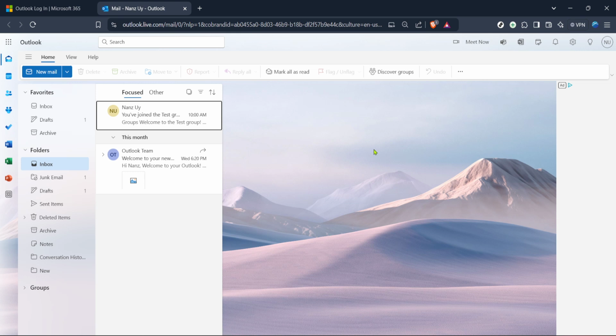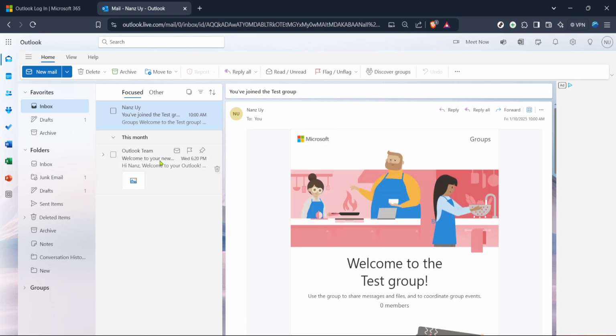Look for the Mail section, which is usually on the left side of the screen. You can do this by clicking on Outlook, which should direct you straight to your inbox. Next, navigate to the Inbox. This is where all your received emails are stored. It can be found on the left-hand panel, and clicking it will display all your messages in the main window to the right. Scanning through your emails list, choose any email by either clicking on the subject line or the sender's name. This action will open the email in full view, enabling you to manage its details.